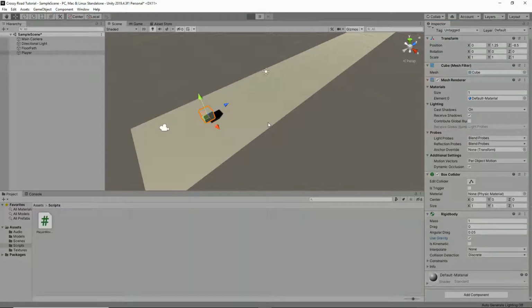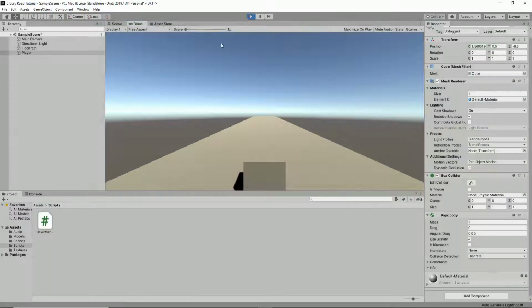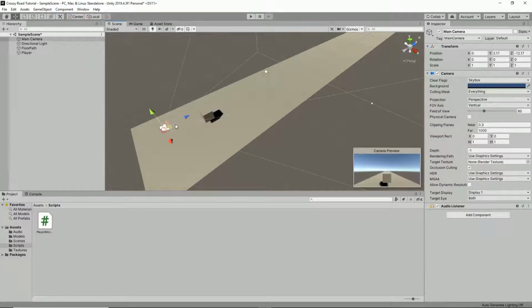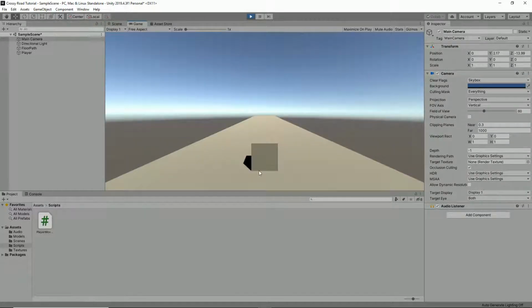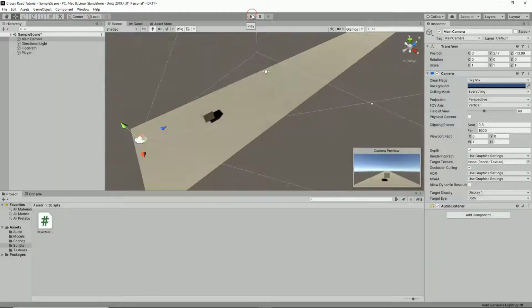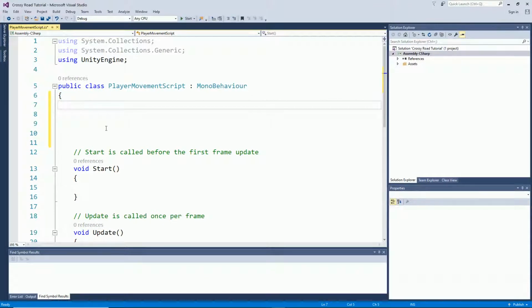But if we hit play, we can see it drops. It drops, and it's good. Just going to move my camera back a little bit more. It drops, and it hits the floor. We've got physics. We've got collision, and we've got physics. Isn't that awesome? So if we come back to our script now, we want to be able to speak to